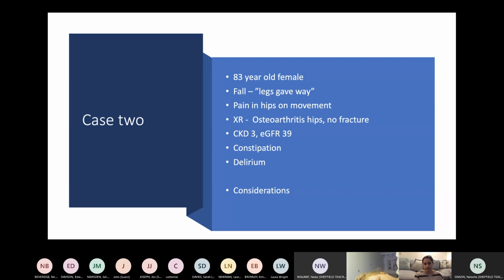So again, because she's got chronic pain, I would be thinking about having this lady on regular paracetamol with some maybe breakthrough codeine to begin with, again at a low dose, because of the constipation and delirium, with some laxatives. And then if that wasn't working, you might think about adding in buprenorphine regularly with some breakthrough elements, so only